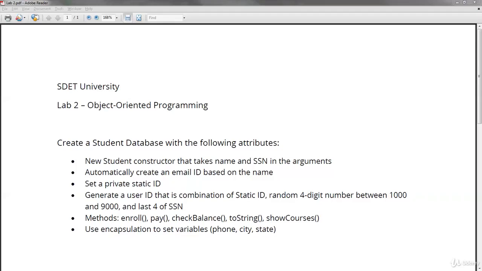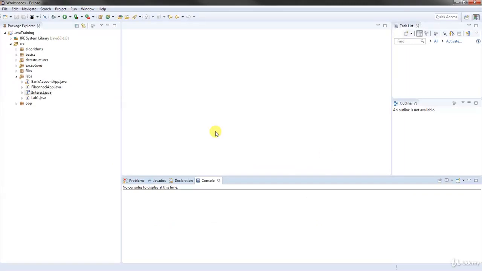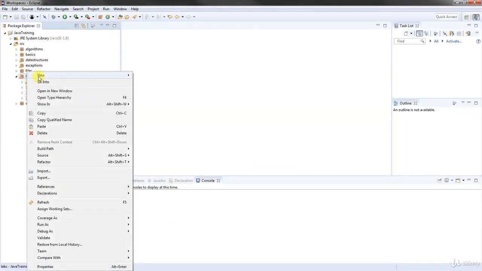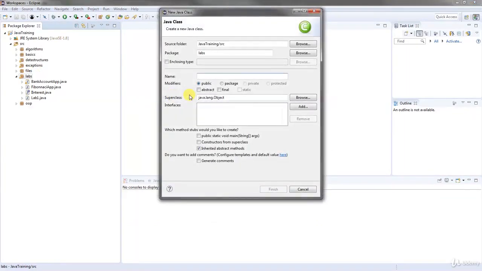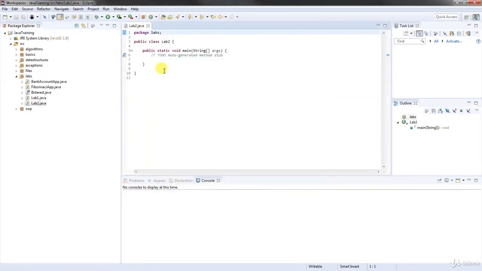Okay, so here's our lab that we're going to work on. So let's get started here. Open up Eclipse, and in my labs, I'm going to say this is lab 2. We'll give it the main. Okay, so this lab is going to be again similar to the bank account app that we did, but we're